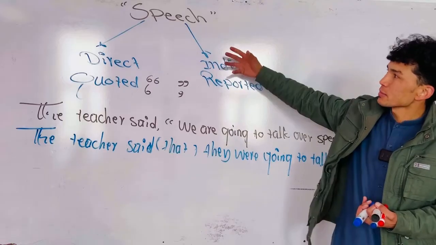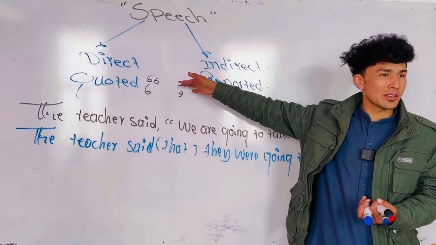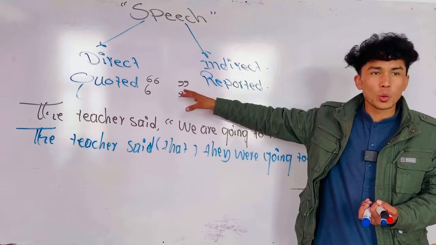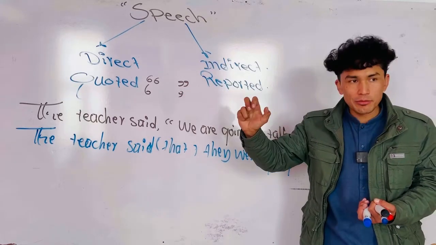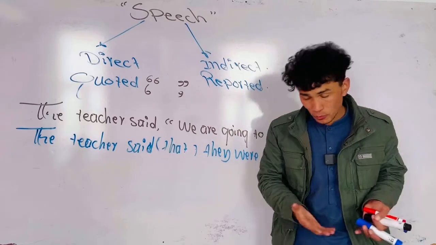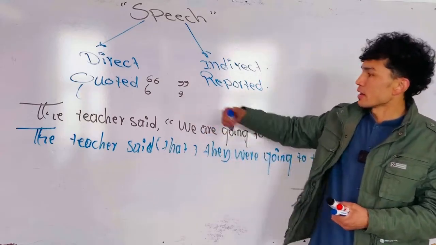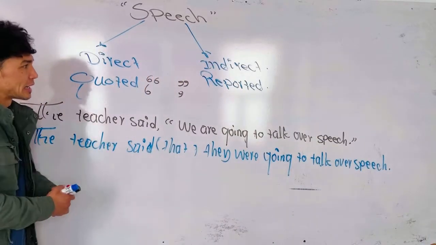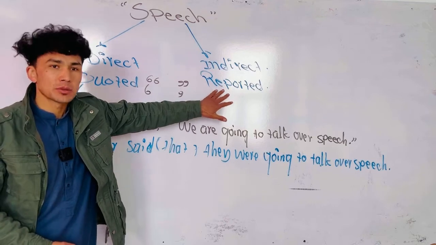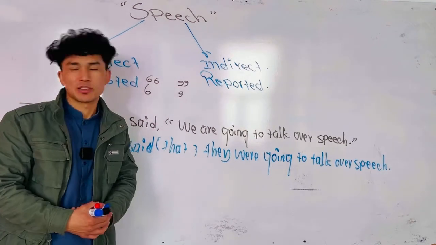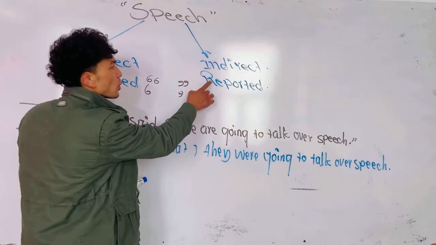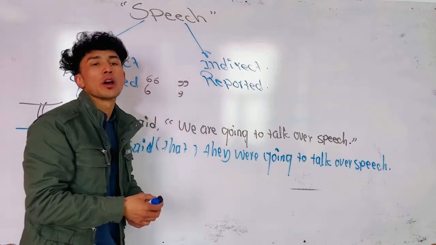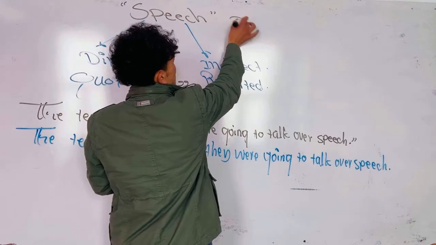So, this is kind of professional grammar, as previously I mentioned. This is not kind of easy grammar, kind of professional grammar. Okay? In order to learn speech, you need to be familiar with all other grammars before, or else you'll not find it useful or helpful. So, let's go. Let me clean it and go. There are some specific rules for the indirect speech we've got. Okay. In order to change direct speech into indirect speech, there are some things we need to know. First up, let me write with this.